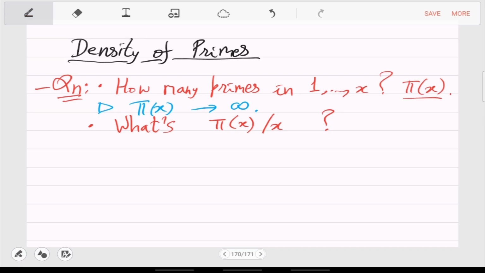So let's prove that. Pi(x) over x is around 1 over log x. That is the density of primes. In other words, from 1 to x, there are around x over log x prime numbers, which is extremely good. Because again, this is saying roughly that for 1000 digits,